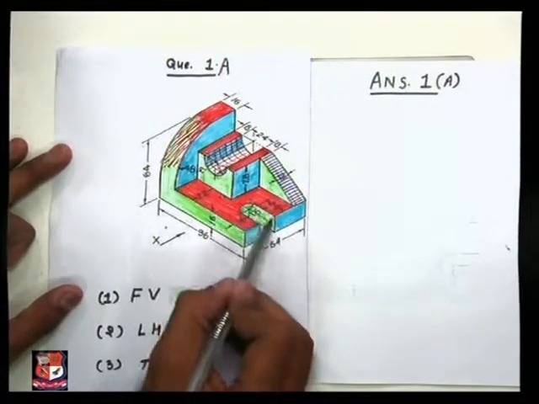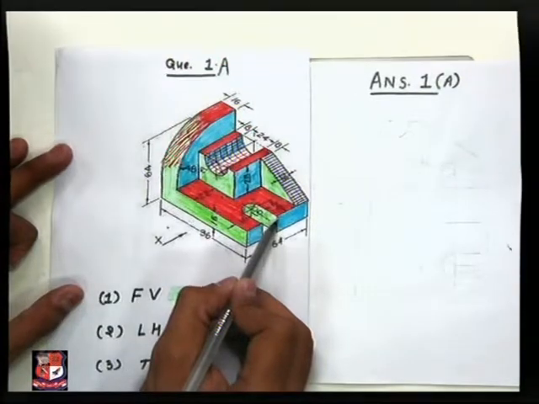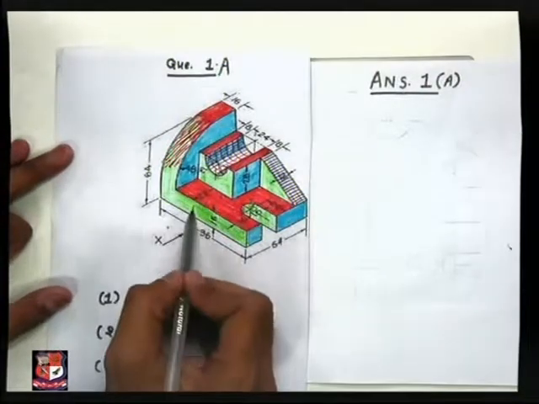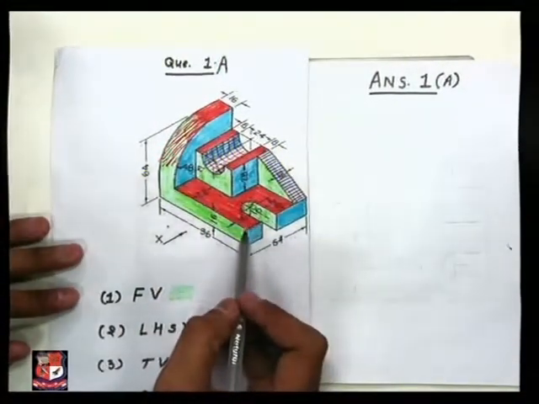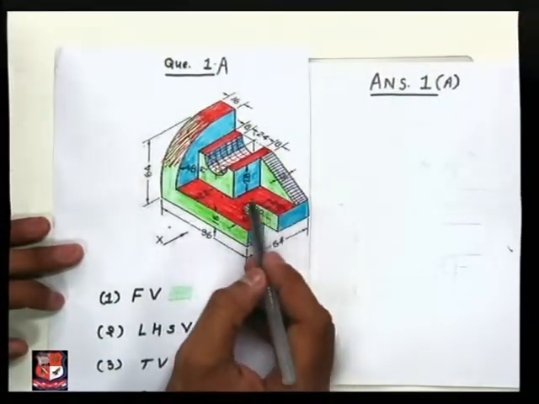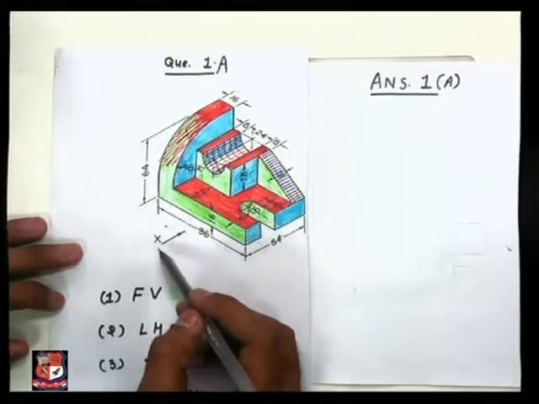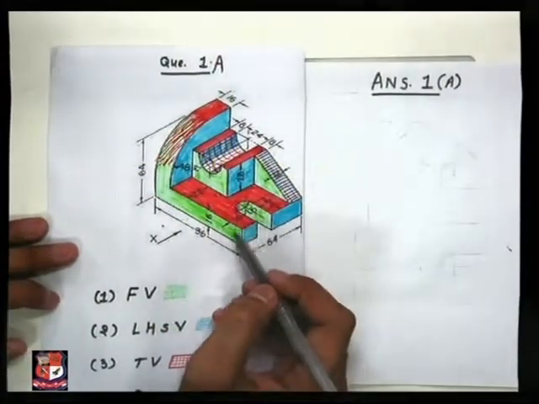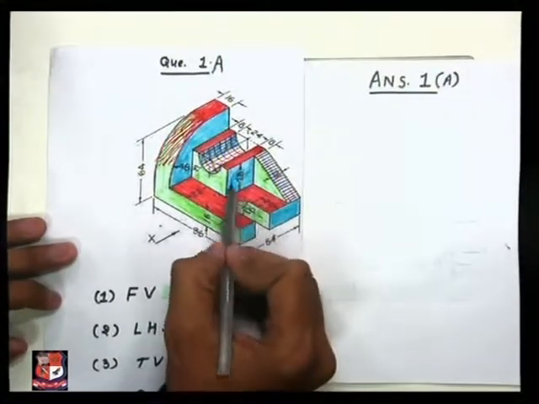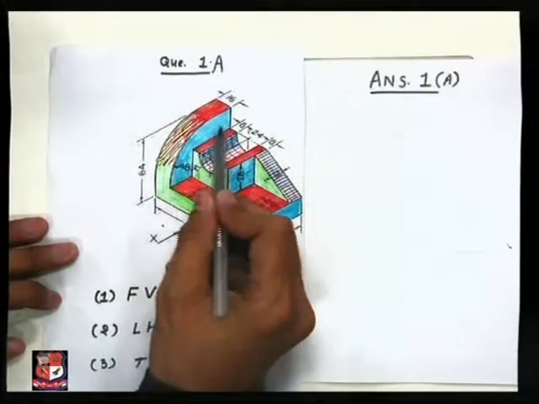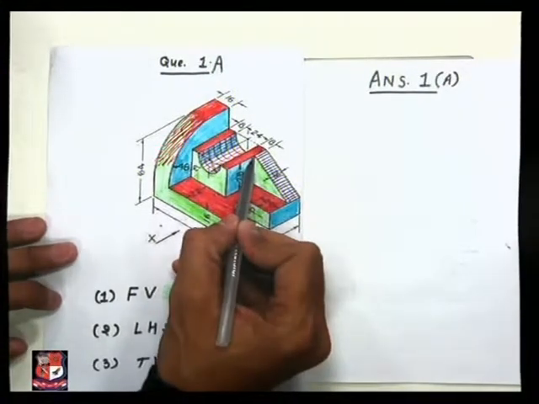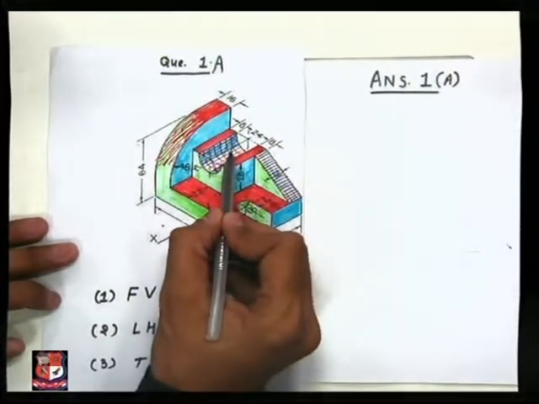So we will represent this portion by dotted line. This red color portion will not appear in front view. They will be in line with its front view. And if you look from left hand side view and top view, in top view this red colored portion would be visible. And in right hand side view, this blue colored portion would be visible. Of course this portion would be behind this edge, so it will not be visible. So we have to represent that by dotted line.